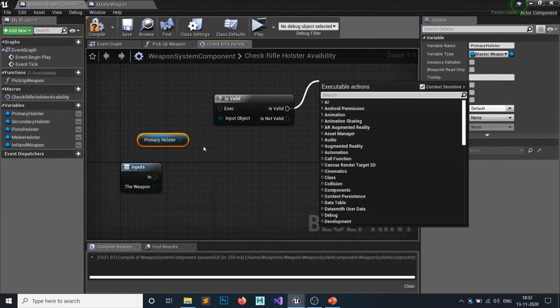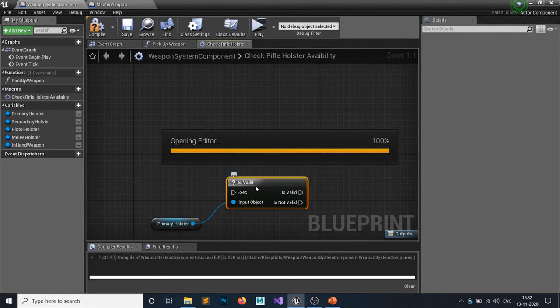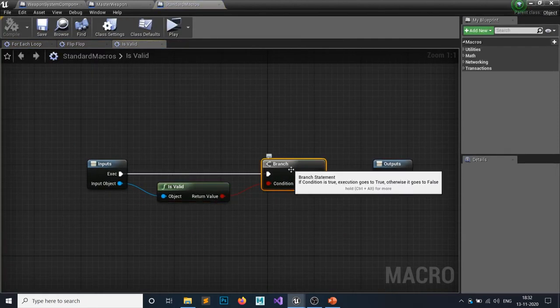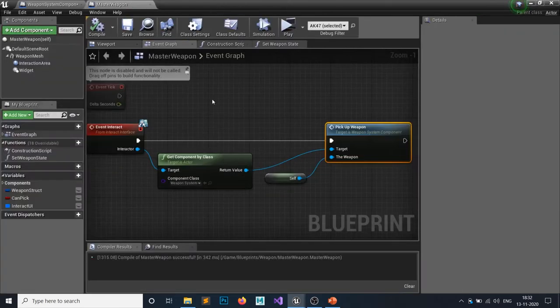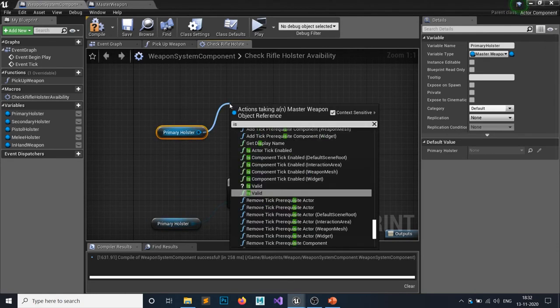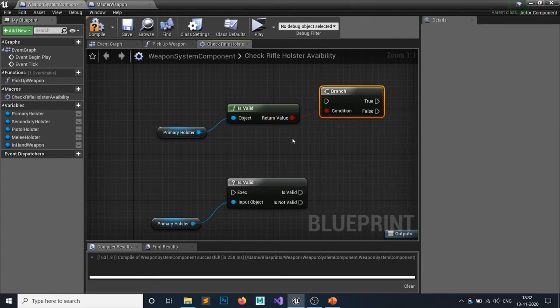If it has some value, then it will say it's valid. If you double click on this node, you can see this is the same as is valid by a branch. This is the same as control W. Let me just show you. This is the same as is valid and hit branch. So both are the same. There is no difference, but with this you don't have to call it like this.